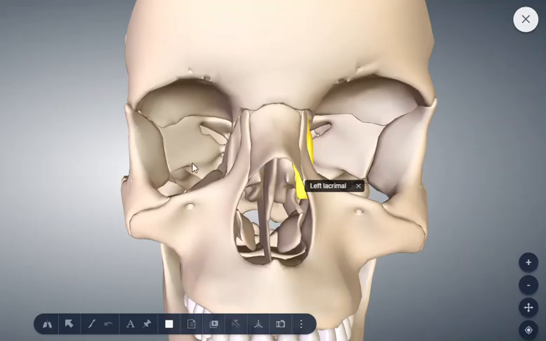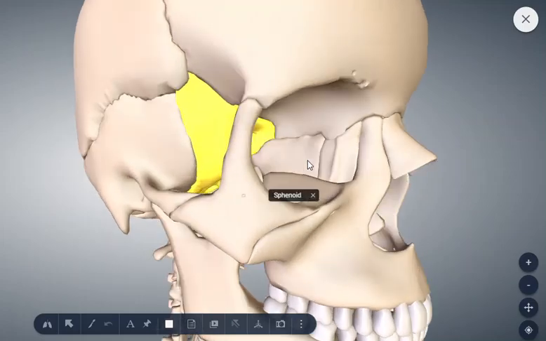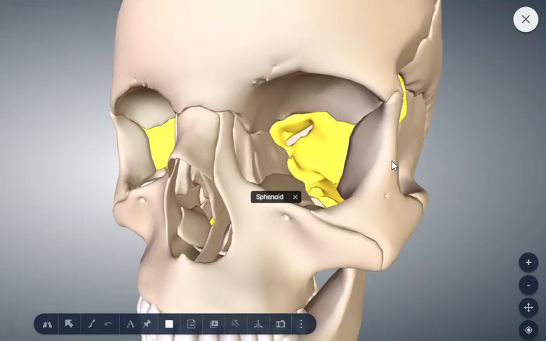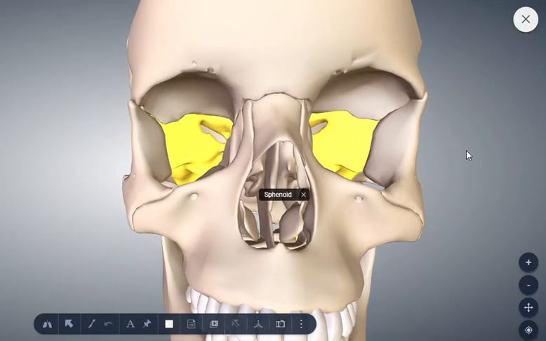But also the posterior wall of this orbit is conformed by this sphenoidal bone, as you can see on both sides. So this is how the structure of the orbit, of this bony socket, is conformed by multiple bones that give this nearly perfect shape where these eyeballs are